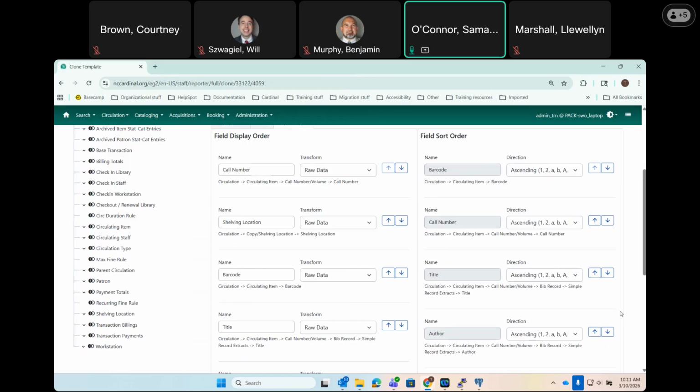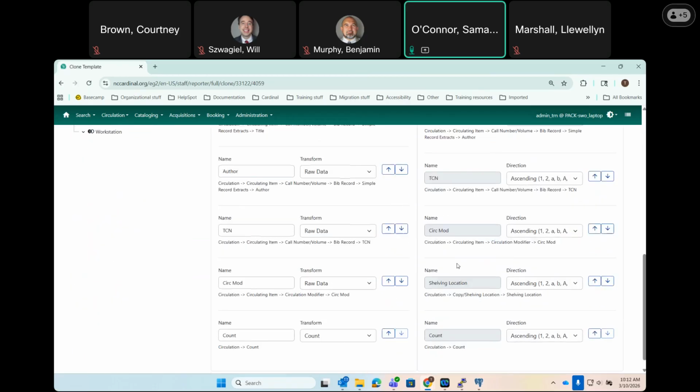So of course we could take this report into Excel and sort by shelving location, and that's going to group things by shelving location. But we can actually do that at the template level and save that step, where we don't need to go and make any changes in Excel. So we'll do that by choosing which columns we'd like to order first. And since we want to group by shelving location, that's going to be our first sort column. So we're going to come over here to our field sort order panel, and we're going to choose shelving location,